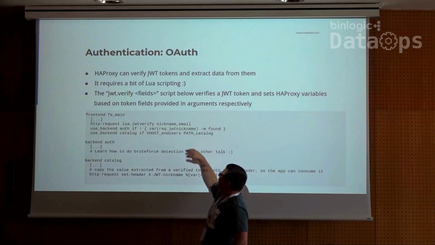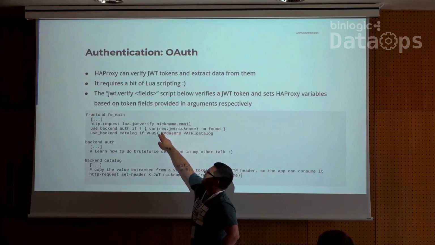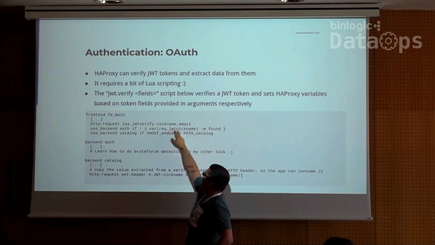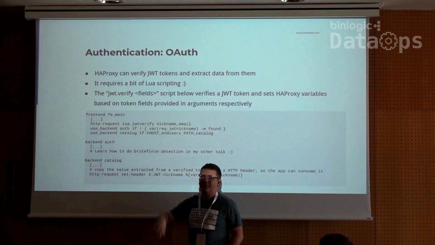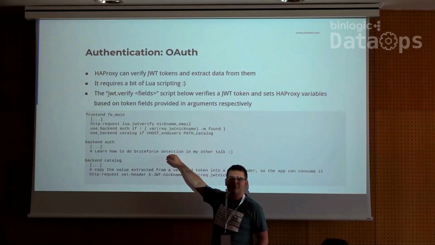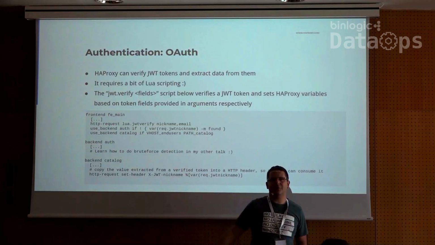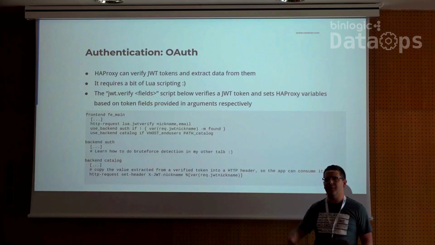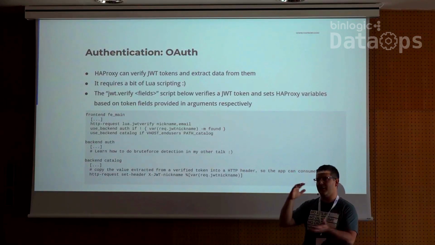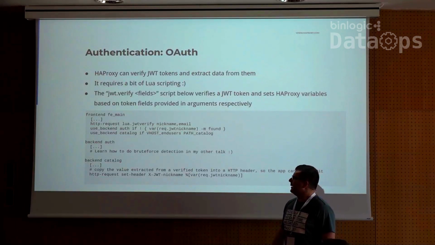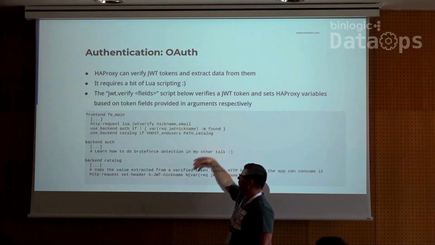And of course, the nickname is then stored in an HAProxy variable in memory by the Lua script. If the variable is not set, it means that the client has not been authenticated, so I can forward it to my authentication backend. The authentication backend could be anything: a redirect to your provider, a specific page that provides a web form, etc. And if you are authenticated, then you can forward.